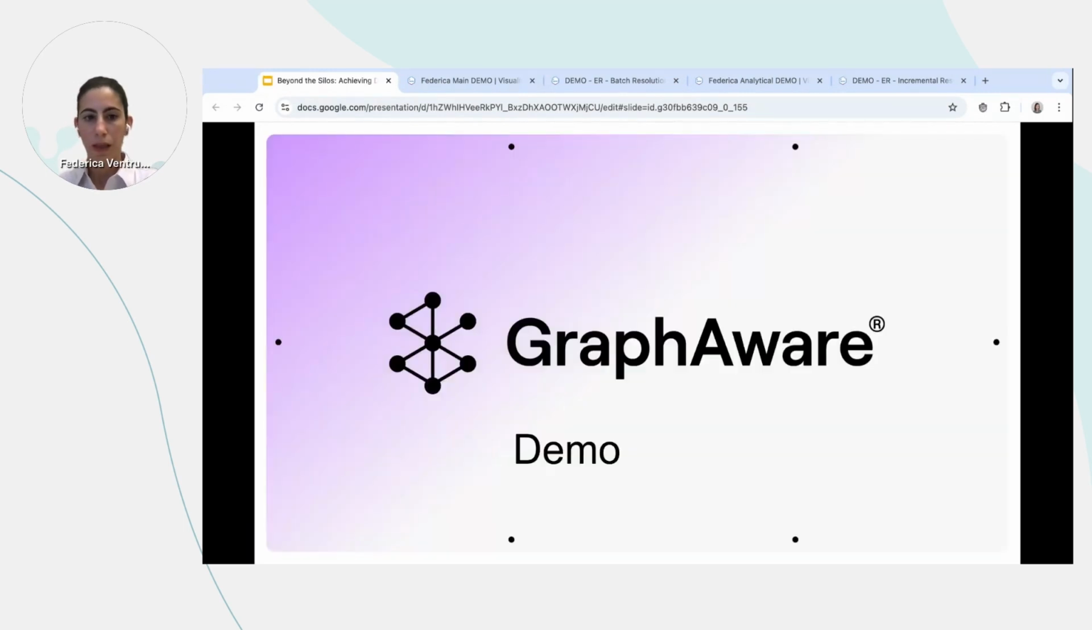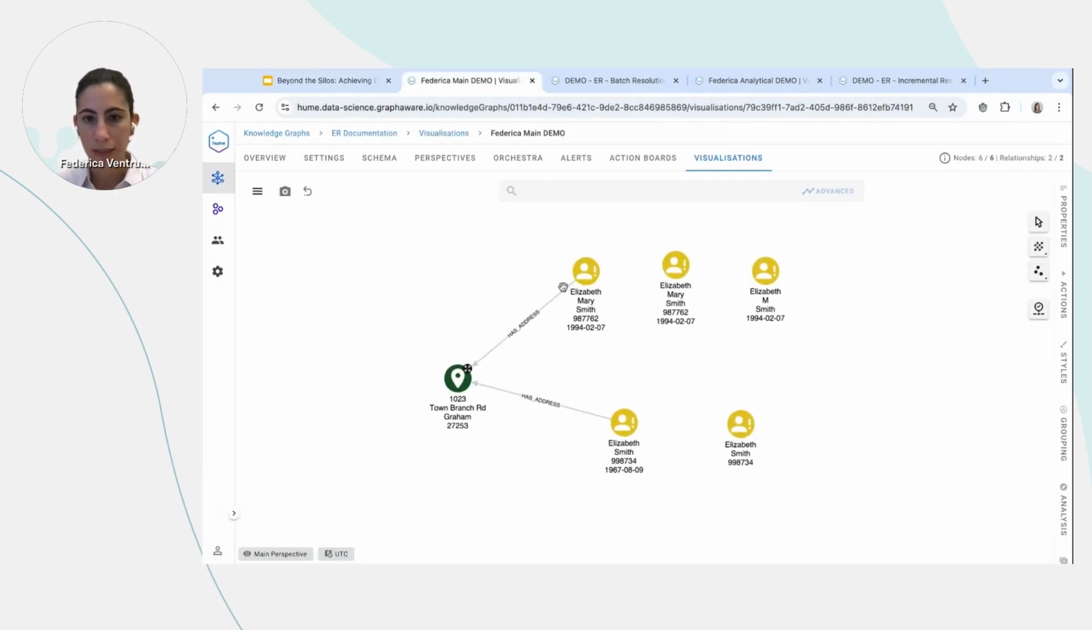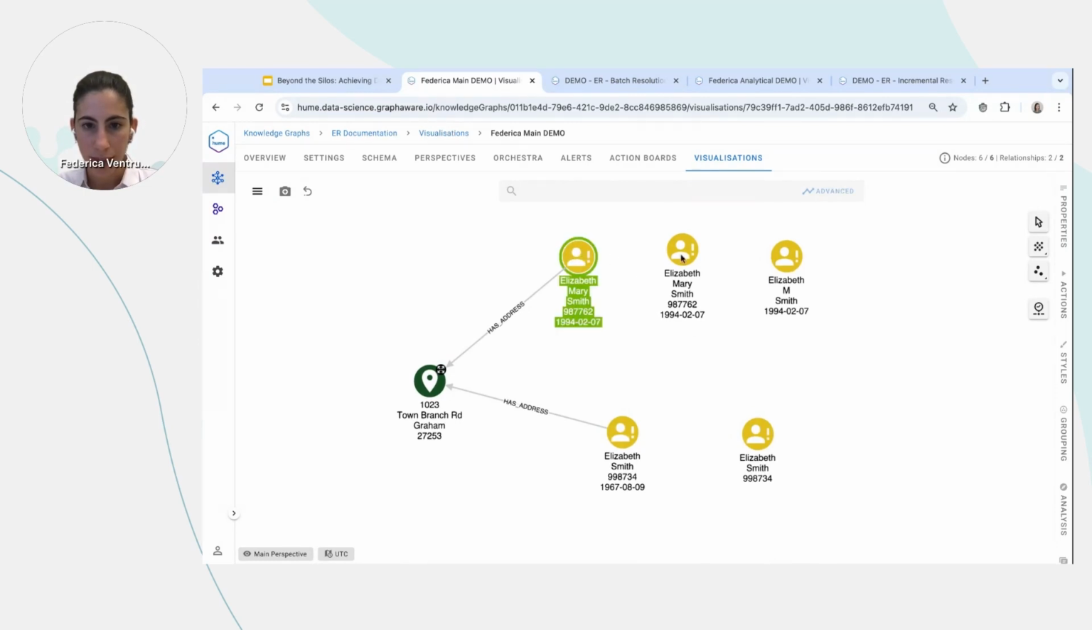Now, I'd like to show you a demo through Hume. This is the visualization of Hume, and here we have 5 nodes that we will consider during this example. About the similarity rules that we are defining, we are considering the 2 rules that we explained before: same social security number and similar name and same address. And then there is another rule that considers the similarity of the names and the match of the date of birth. Now, by observing these nodes, we can notice that these 2 nodes have essentially the same social security number,